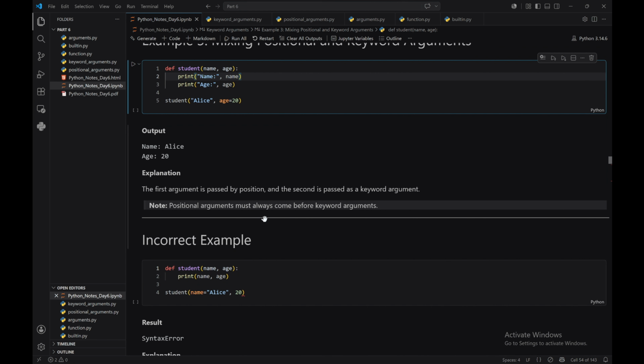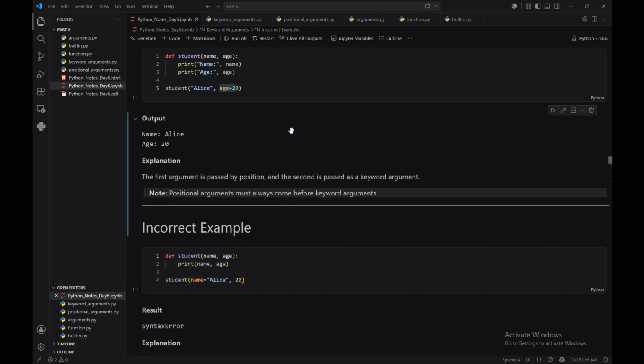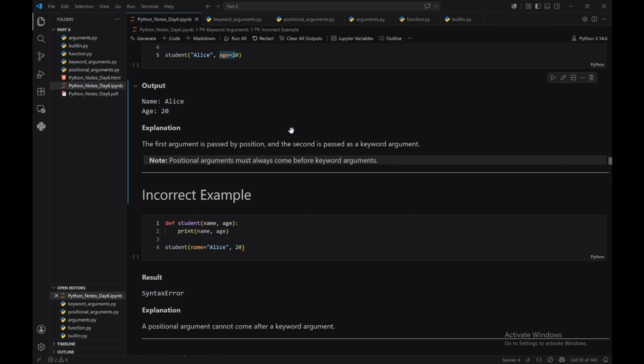So if you are going to change the order like this, positional argument must always come before the keyword argument. You need to remember, first you need to write the positional argument. After that you can write the keyword argument. So like that,